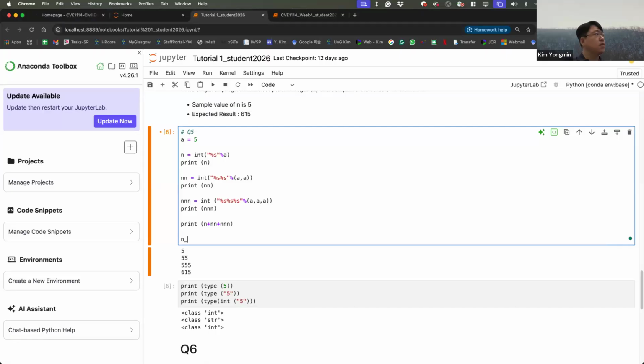I call it n sum: lambda n colon summation of integer string n times i, for i in 1, 2, 3.